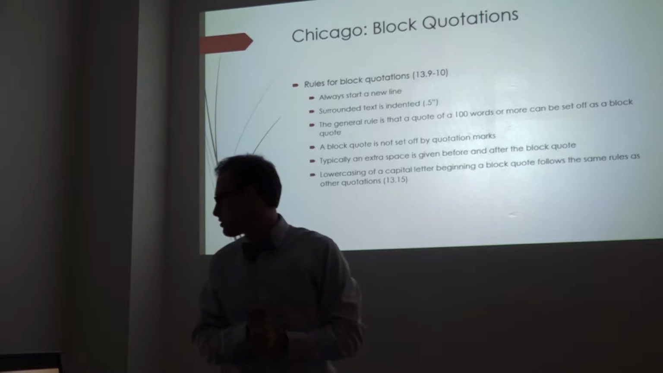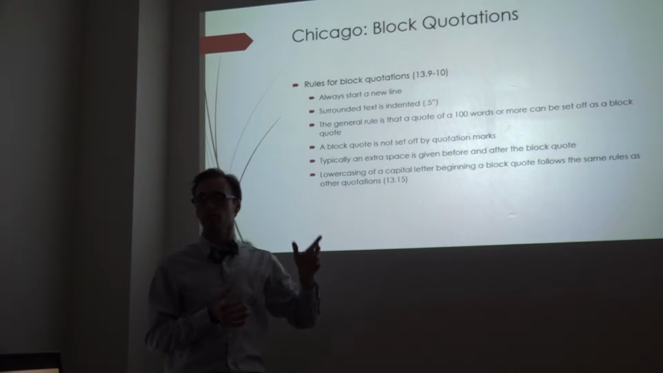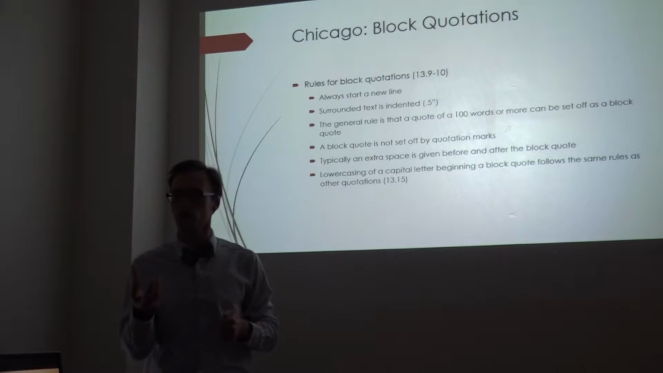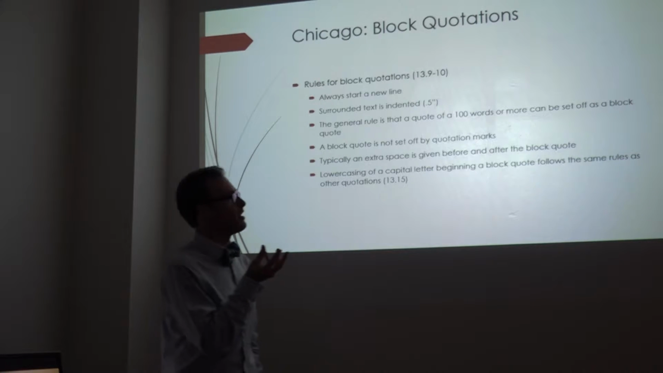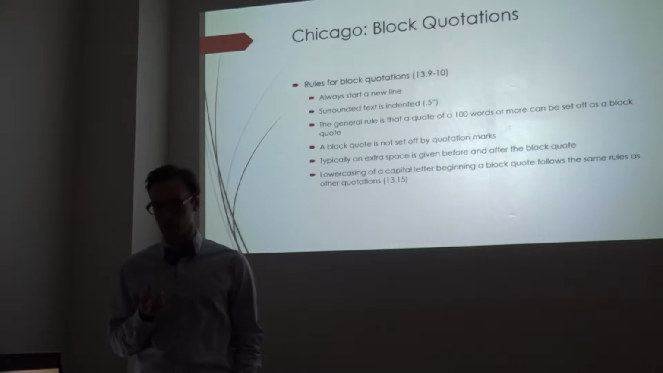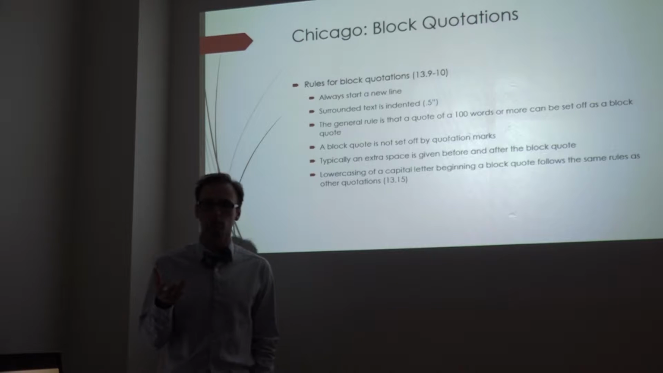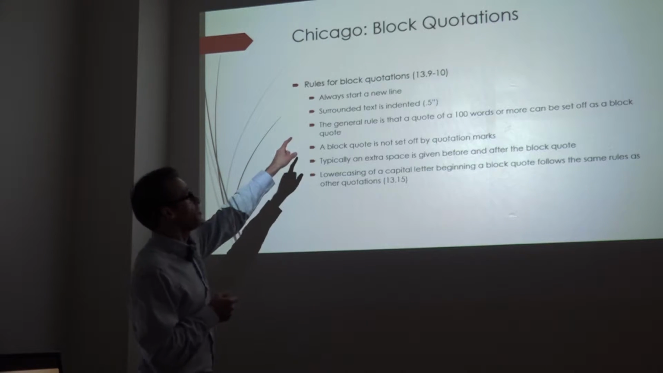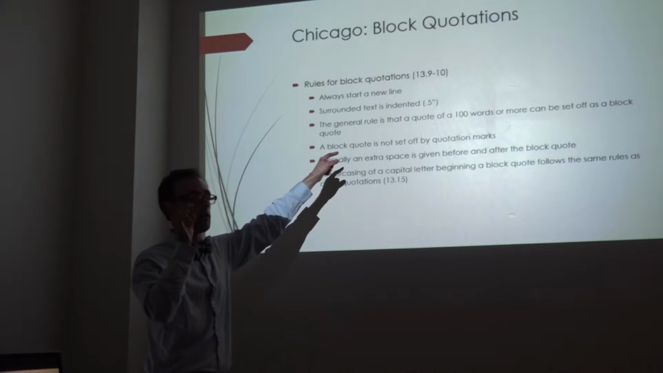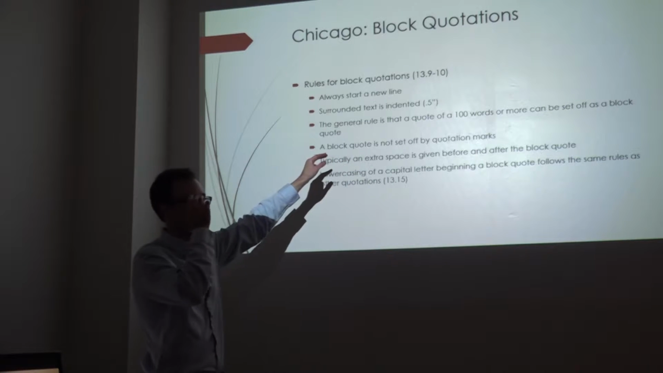Rules for block quotations. If you have a quote that is more than 100 words, I'm trying to remember if the 100 words is a set standard or not. If you have a quote more than 100 words, then it's recommended that you set that off as a block quote. Meaning that you start a new line, so as you're writing, you stop, you can use a comma, you can use a semicolon, but if you stop, go to the next line,